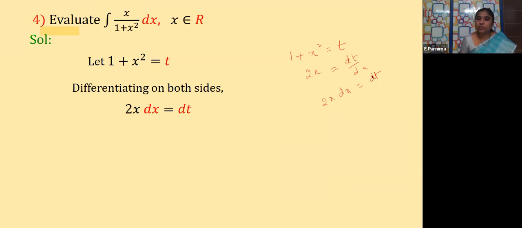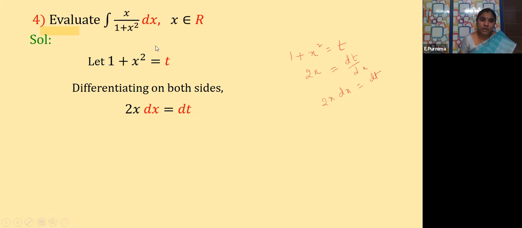So 2x dx is equal to what, children, here? dt. So instead of doing it like this, 2x is equal to dt by dx, and then sending this dx to this side, what we do in integration is directly write 2x dx is equal to dt. So make a habit of this. Clear? Both are the same only. This dx only we are sending to this side. Instead of doing this step every time, we can directly do this step only. 2x dx is equal to dt.